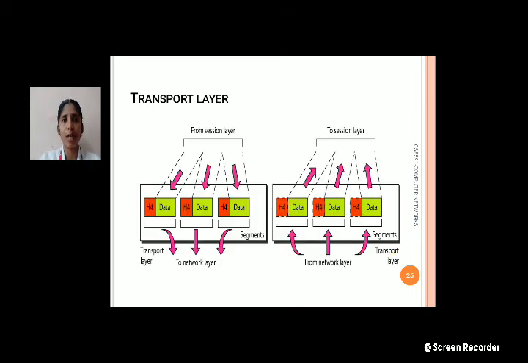So this is the transport layer. It receives all the data from the session layer, adds the headers, then transfers it to the network layer. In the transport layer, it performs segmentation, so the data are sent as segments. Each segment will finally be transmitted to the session layer.